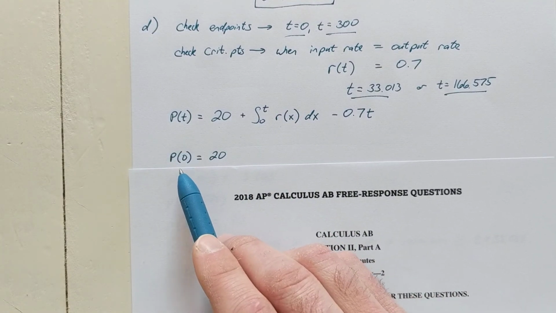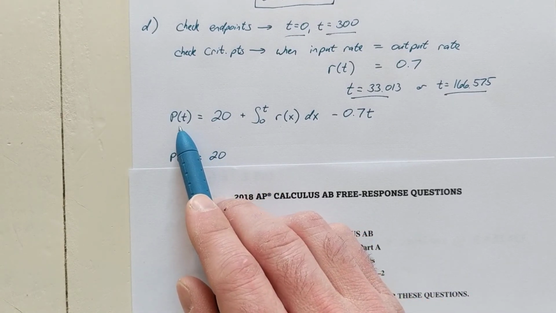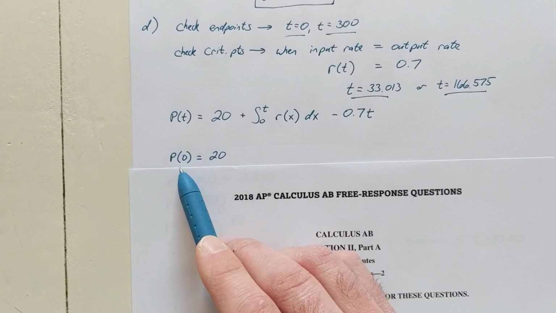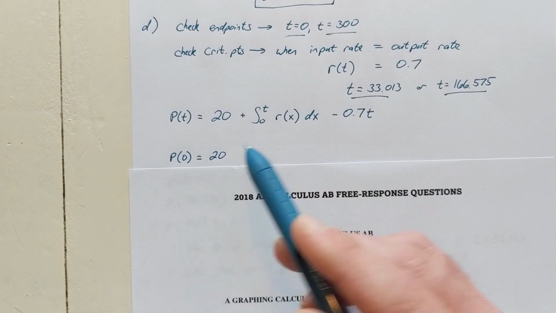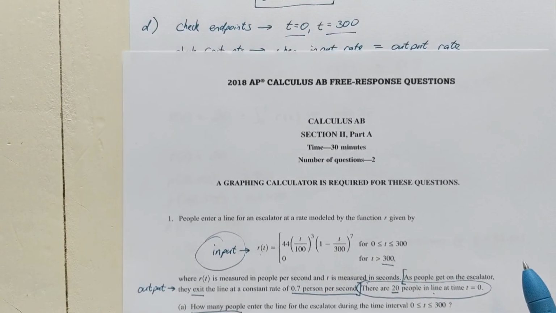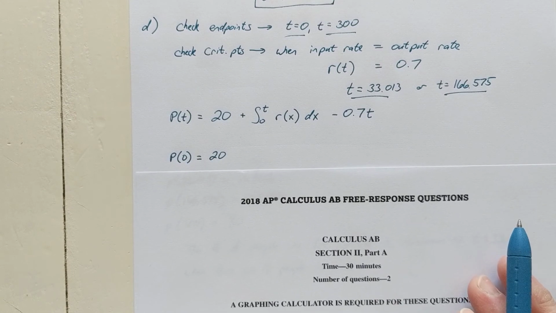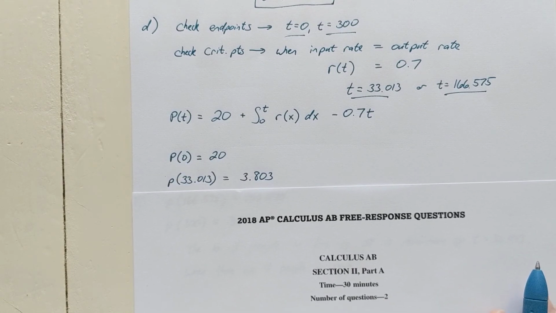We went ahead and measured p of 0, and just to make sure things were right, I did go ahead and define this in my calculator, and then I went ahead and typed in p of 0, but I think we knew from the initial condition already presented right here that that number was supposed to be 20, and sure enough it was. So here we go, that p of 0 was equal to 20, that wasn't a surprise. Went ahead and typed in p of